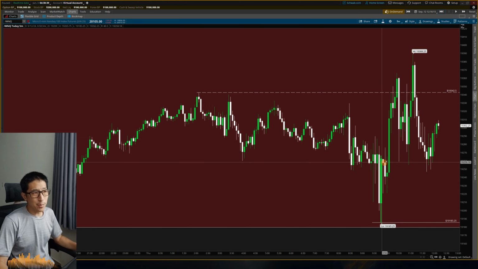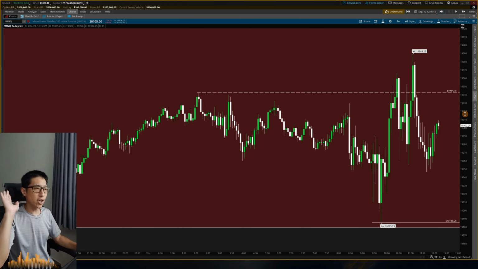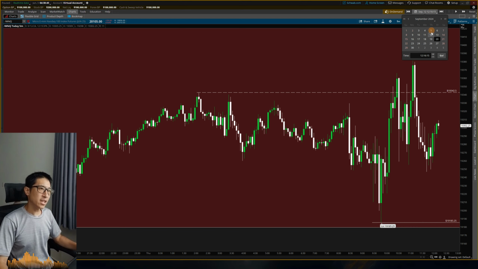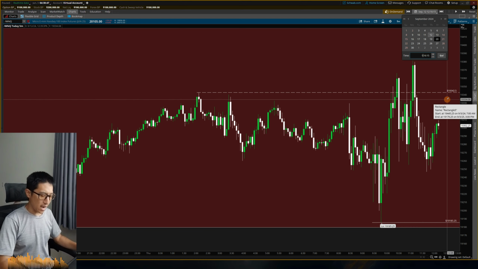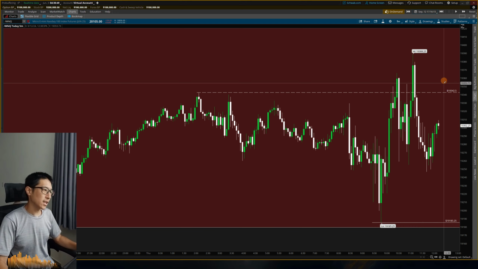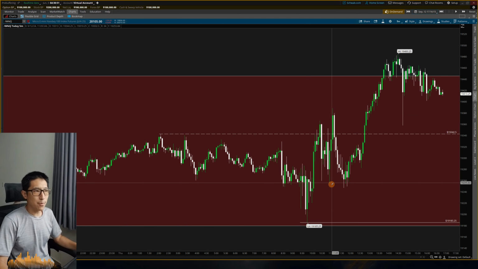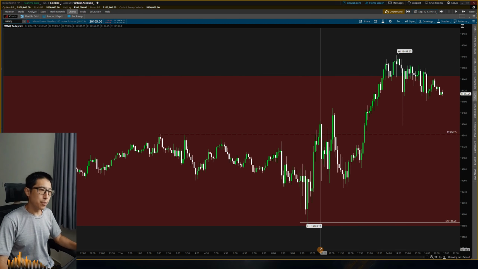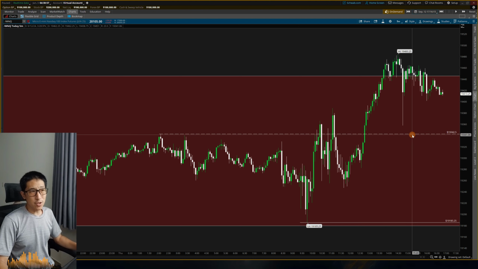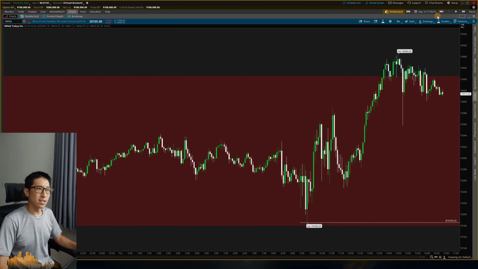When you see choppiness on this kind of day, you may be better off just closing the chart and stepping away. But let's take a look at the end of the day. Maybe we get some action in the PM session. Not like I'm trading the PM session, but just to see what happened. We did rally back up above this 4 hour fair value gap, and this could be used as inversion. So I'm keeping that in mind as I go into the next day, which will be Friday.